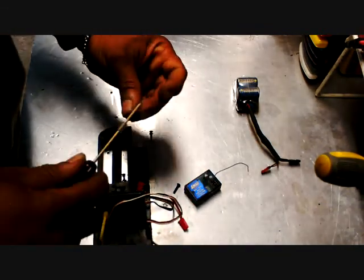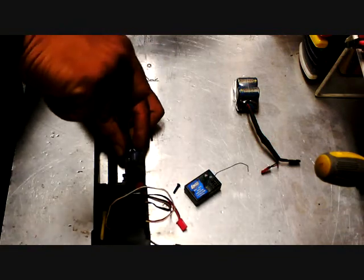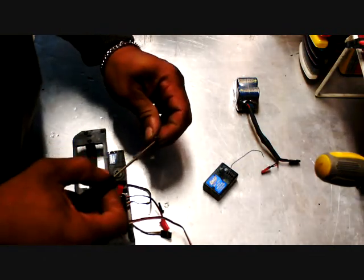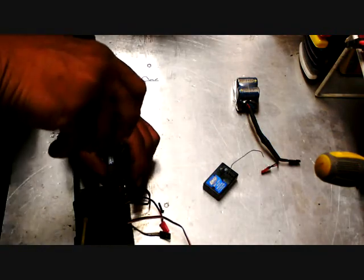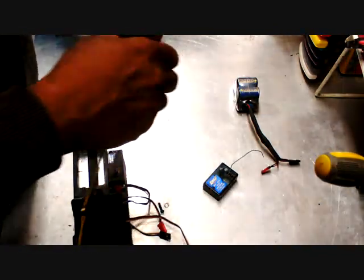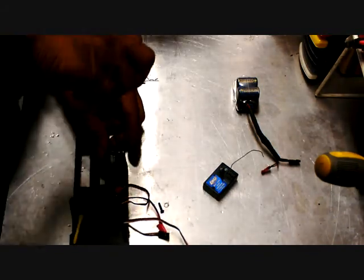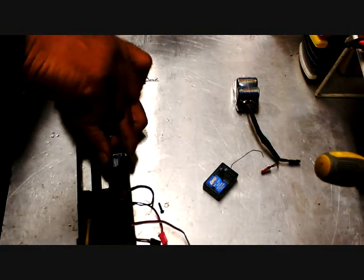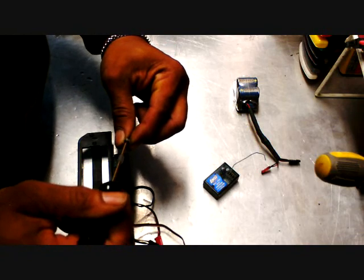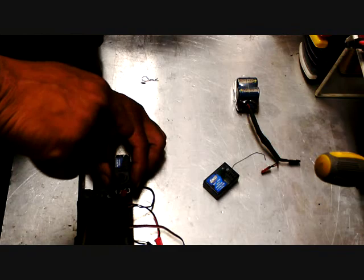All the screws just fell out. That's okay. Line up the 4 screws and then screw them in. That's 1. This is 2. This will be the third one. That's 4. 3 right there. And last but not least, the fourth one. Now, after I put this fourth screw in and tighten it down,